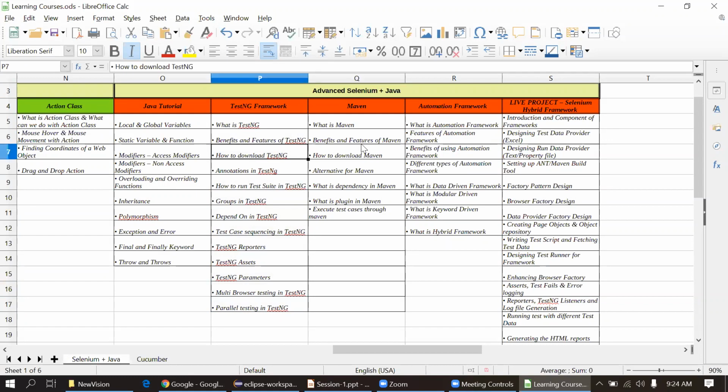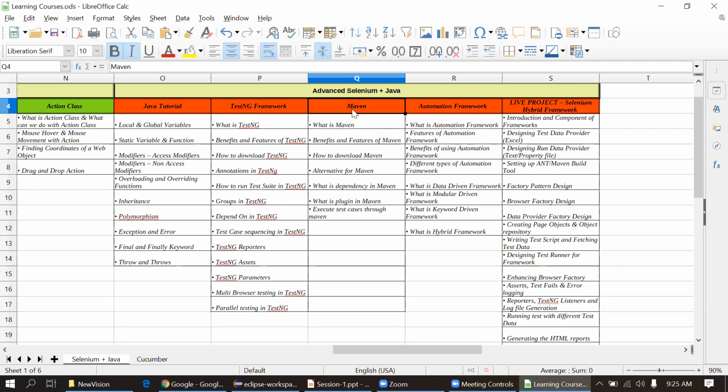Okay. So again, there is Maven. In the automation, you need different jars of different versions. So if you have to maintain them in the same place, Maven is the best option. Maven is a build tool actually.